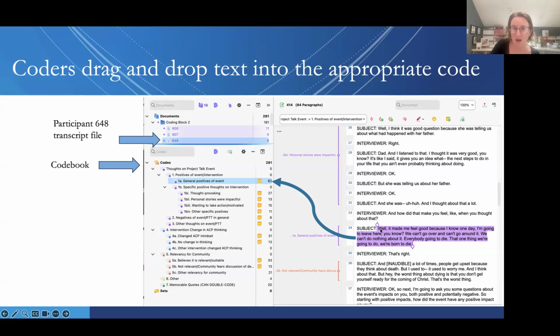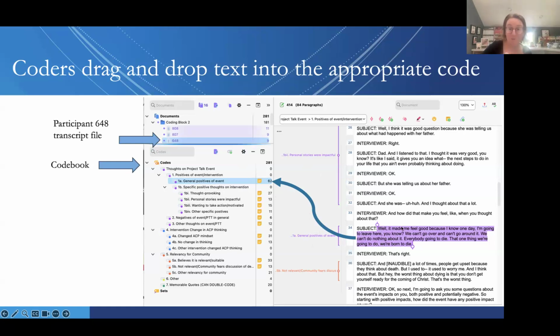So this is the transcript of participant number 648. If I were to double click on this, this is the transcript, and I can scroll up and down in the transcript. It looks good? Okay, good. Thank you. So what I'm showing here in this purple highlight is that a coder is selecting this piece of text, this little passage, so to speak, and they can drag and drop it straight into the code book. And you can see that there were 62 places where people had just very broad positive thoughts about the event. So it wasn't specific, but just like, oh, I liked it, it was good, whatever. And by the way, I made this up. I don't know if this is the right thing to the right code. So no judging on that.